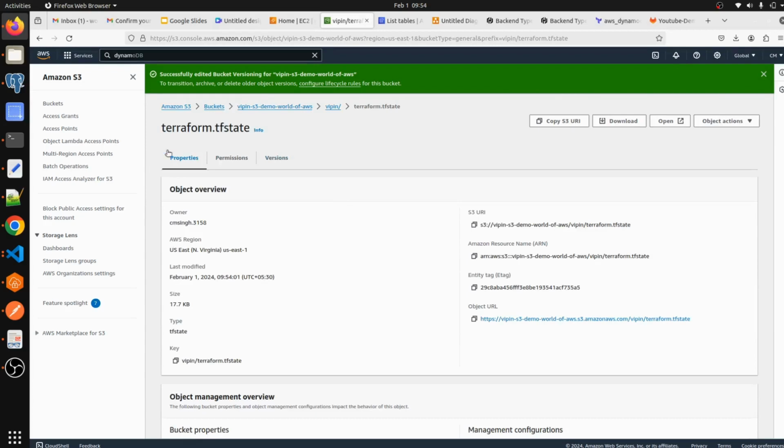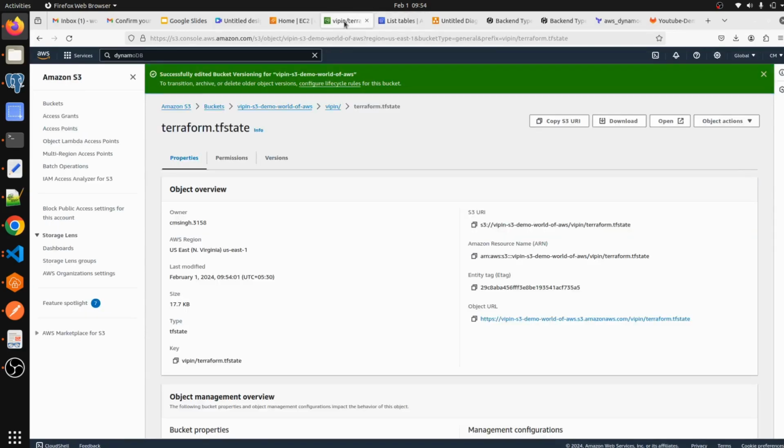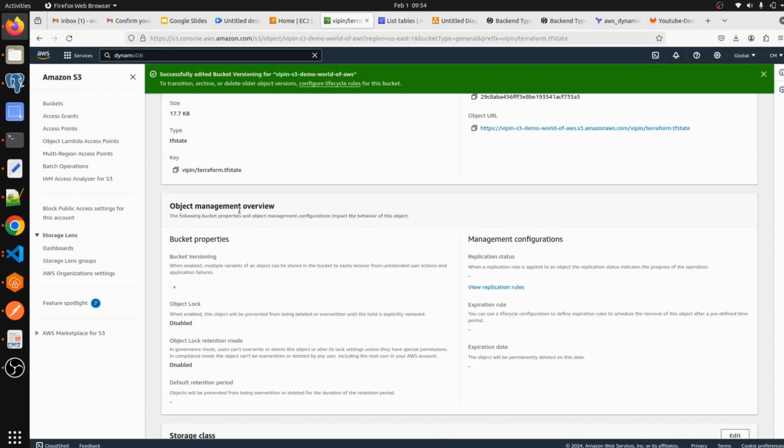So this is our Terraform state file, and this is our DynamoDB table that is helping us create the lock mechanism on Terraform. So this is all about state management, backend management and the lock mechanism in Terraform.